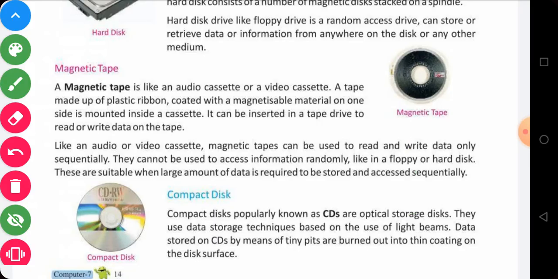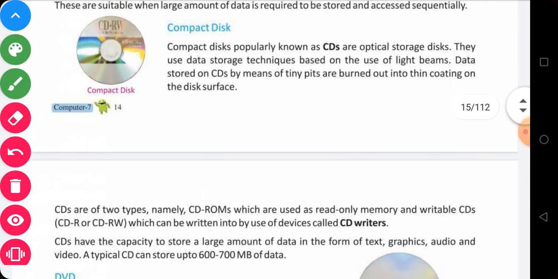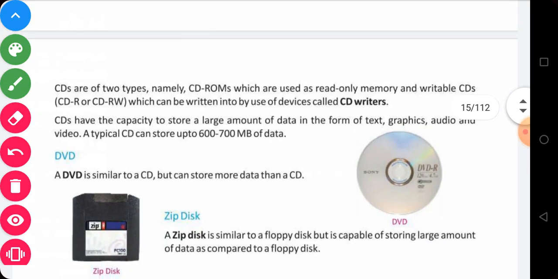And the next one is compact disc. Compact discs are very popular because of their optical storage. In compact discs we generally store data as teeny bits which are burned with a thin coating on the disk surface area. CDs generally are of two types.